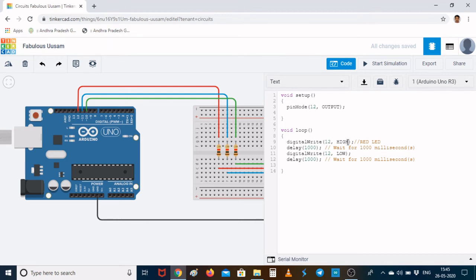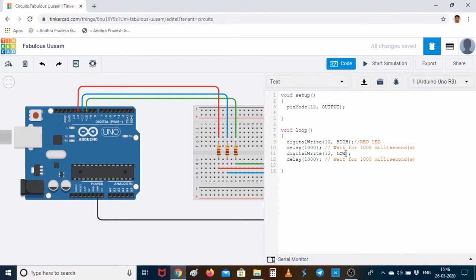Okay, and what we are doing in the void loop is digitalWrite within brackets 12 comma HIGH. What it is going to do is set a high value onto pin 12. So as pin 12 is already connected to the red LED, whenever pin number 12 is made high, the red LED is going to be on, and it is going to be on for 1 second, because the delay is given as 1000 milliseconds, that is 1 second.